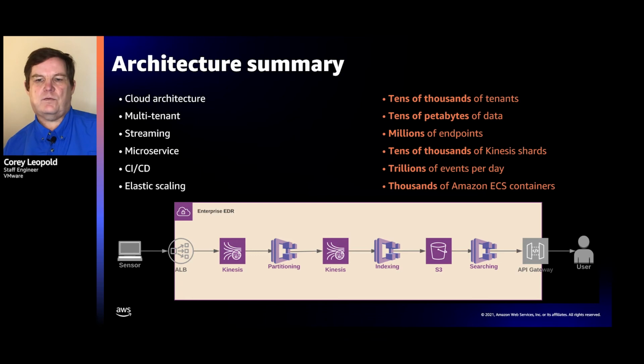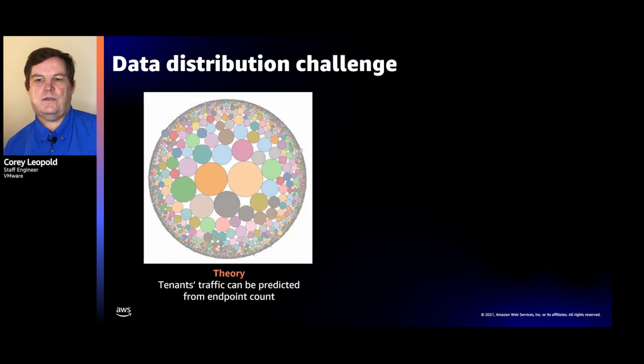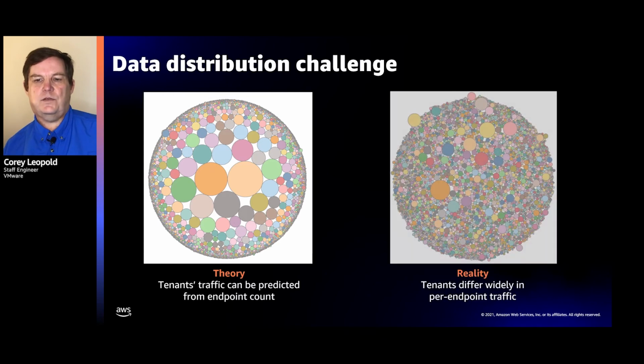At first, we thought the traffic per endpoint would be consistent enough that we could provision based on license endpoint, which is what we see here. We knew this was not perfect, but we thought we could live with some over-provisioning of our tenants and manually add capacity for a few outliers here and there. But what we realized is that it wasn't just a few outlier tenants, it was large variability in the traffic per endpoint that tenants sent us, as you can see in the graph on the right.